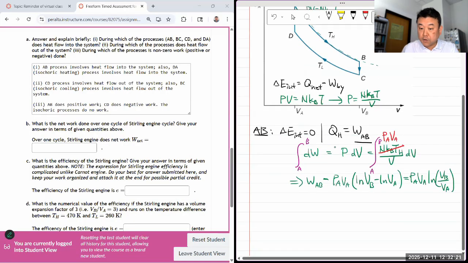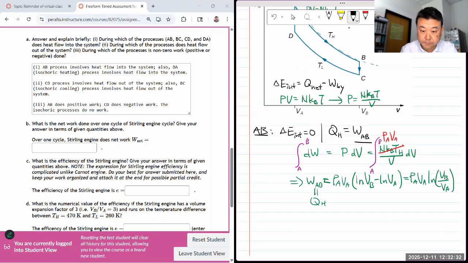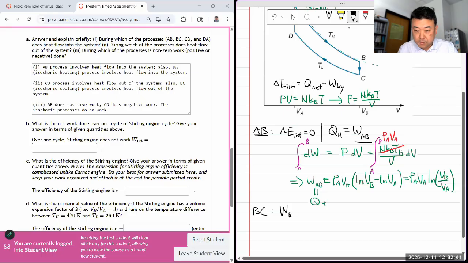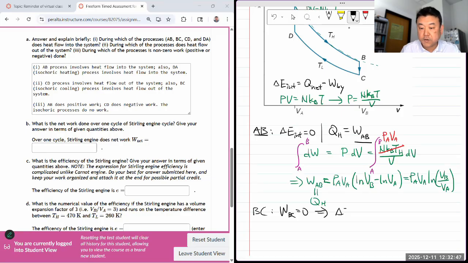So that's the amount of work being done. And from what we said above, that is also the amount of heat transfer. That's A to B. B to C. Here the simplifying thing is that the work being done from B to C is equal to 0. So that means we can just say the change of internal energy gives you the heat